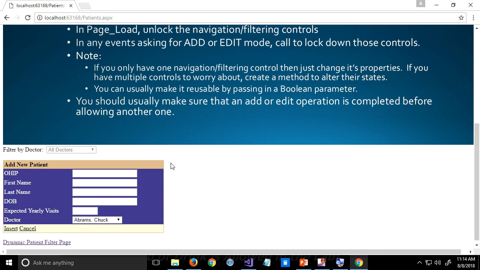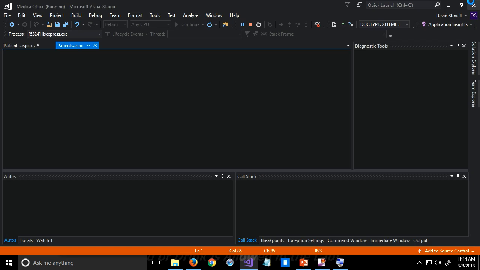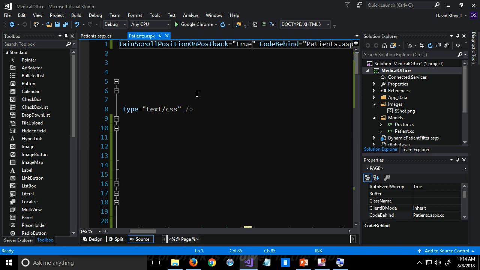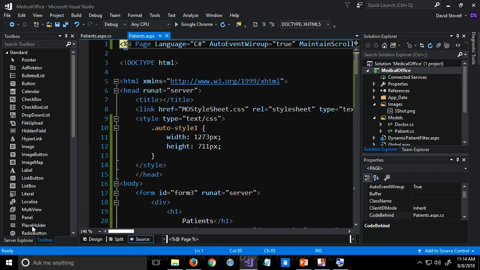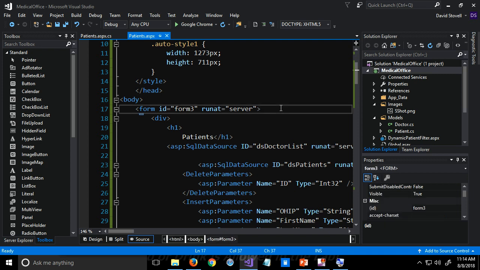So maybe just with the time, because we do have a little bit of time left, we'll just talk about that Ajax business that was on the other page. How could we Ajaxify this so we don't get this whole flicker effect every time the page reloads, right? All right, a couple quick steps to it. Sometimes I find it easier to set the insertion point. I want to be inside the form. That's the only trick for this